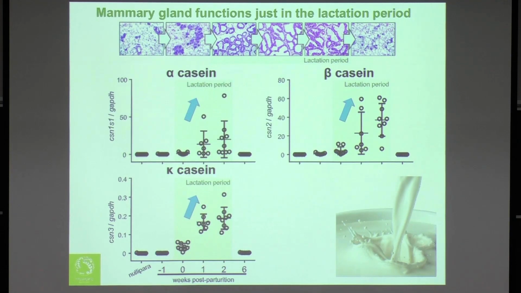So if you are interested in looking at the functional maturation in the mammary gland, you can do quantitative PCR analysis in order to investigate the expression levels of alpha, beta and kappa casein. Specifically, we collected mRNA from the mammary gland obtained from different stages, from non-pregnant, during lactation, and after weaning, and then performed the qPCR. And as you expected,